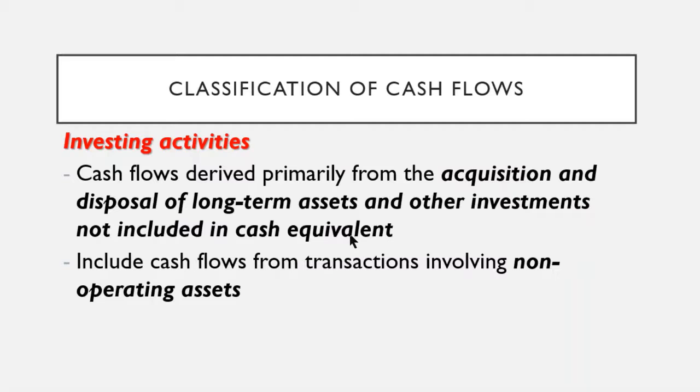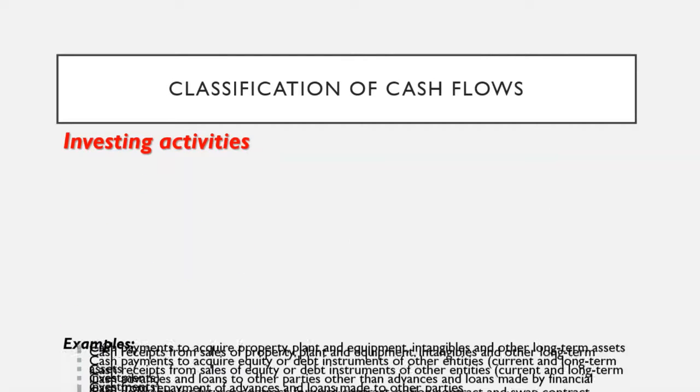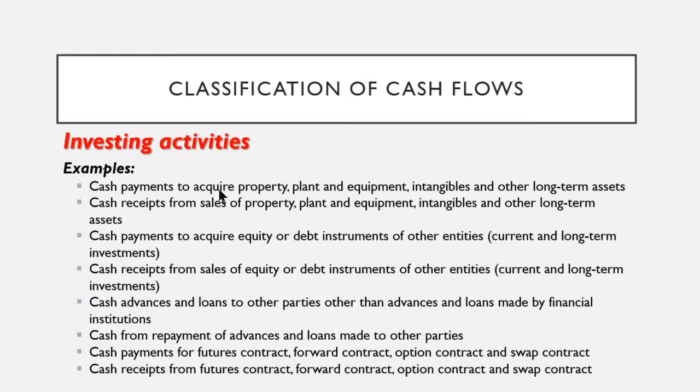Examples are payments to buy or acquire PPE, intangibles and other long-term assets, and receipts from the sale of PPE, intangibles and other long-term assets. Meaning, for example, you have your building, but your business is not buying and selling of buildings. You just need to dispose of the building because you need money. So the amount received from the sale of the building would be part of the investing